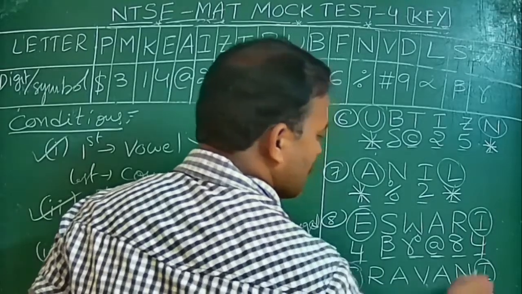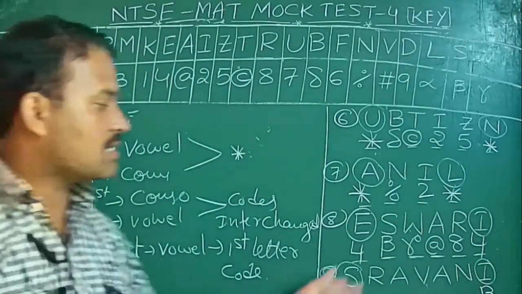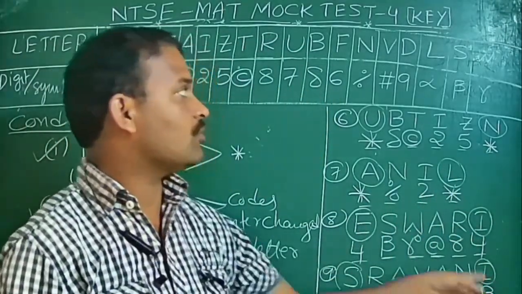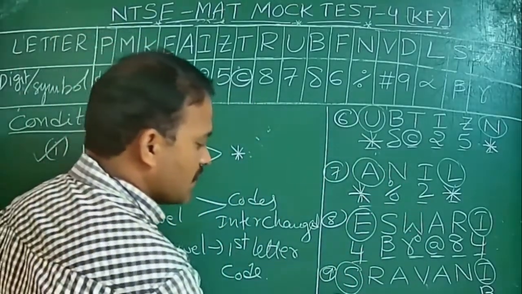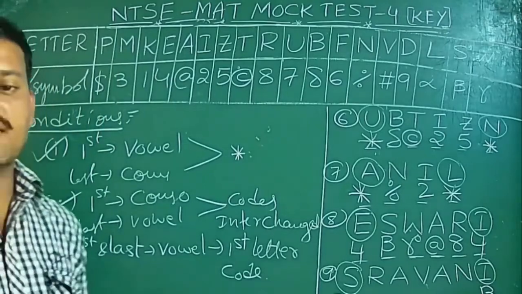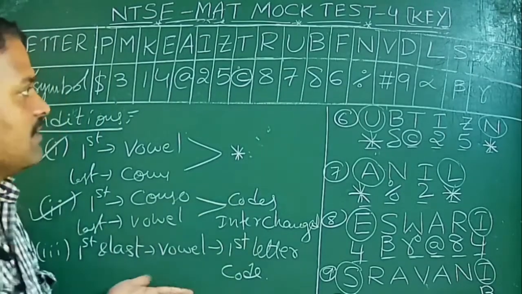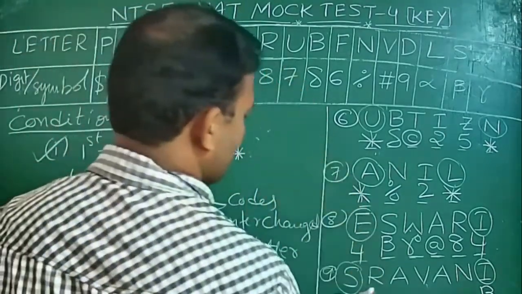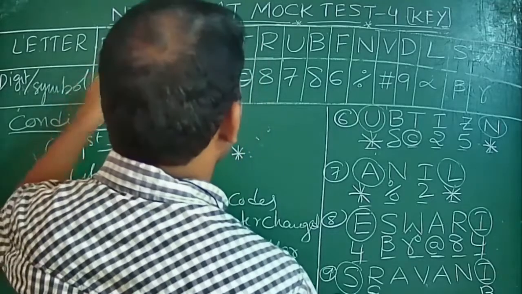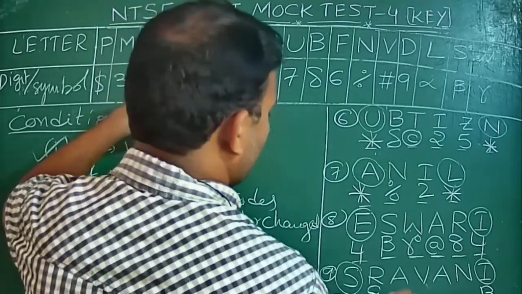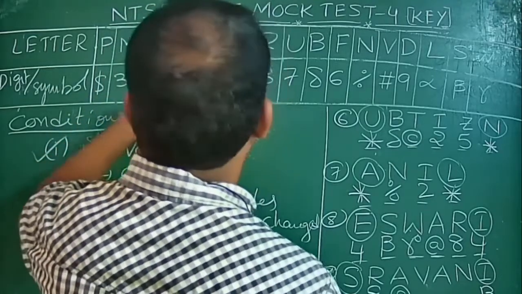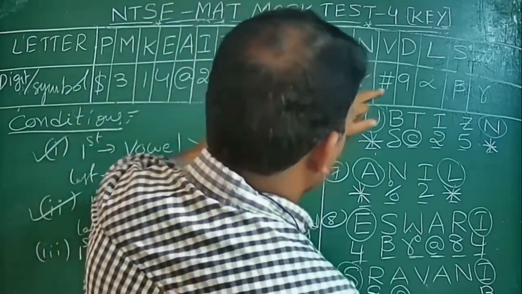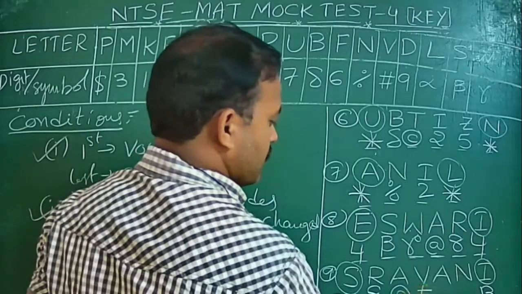You have to take it in the last, because the codes are interchanged. But what is the I code? I code is 2, so you have to take it in the starting. That is nothing but 2. So the remaining everything will be the same. R code is 8 and A code is at the rate of, and V, where is V? V is nothing but this symbol.